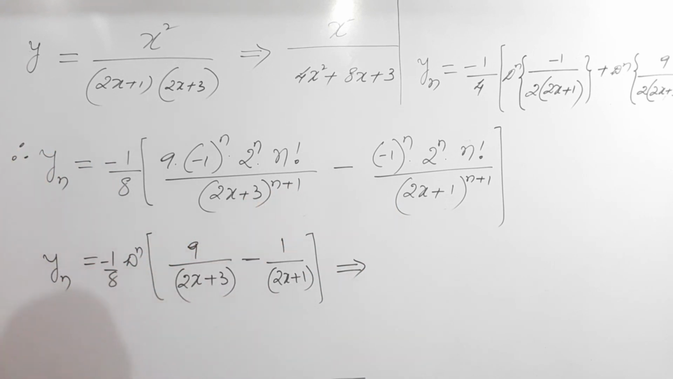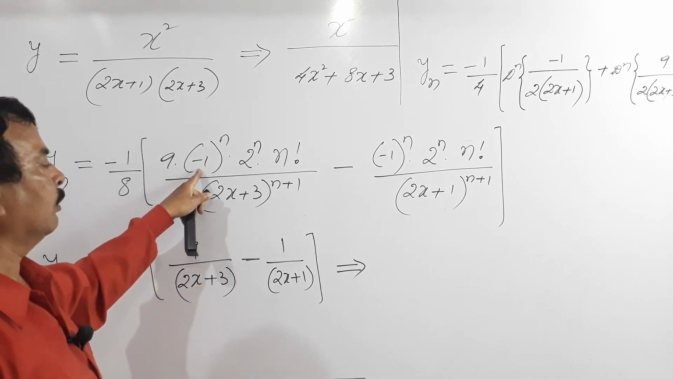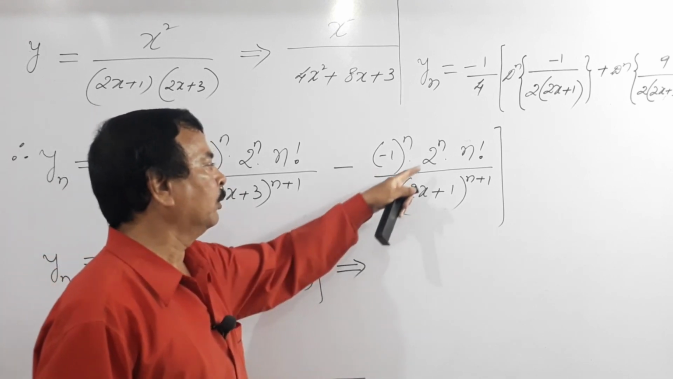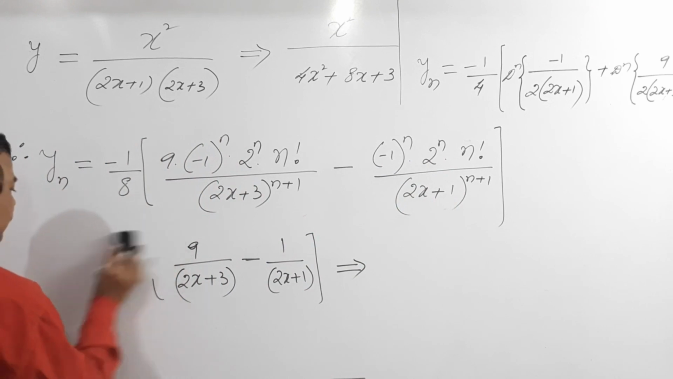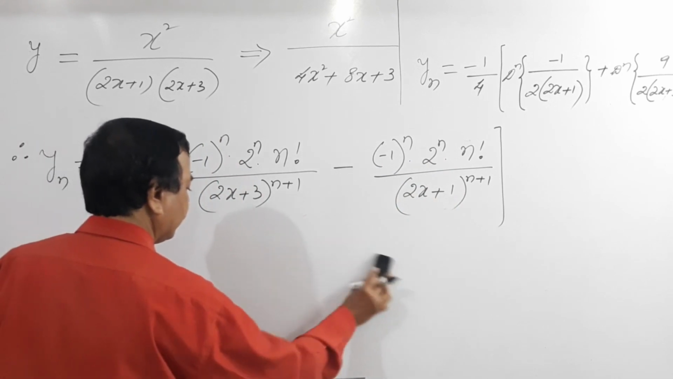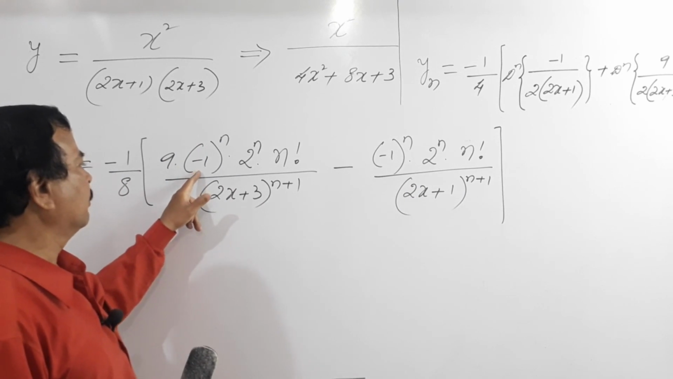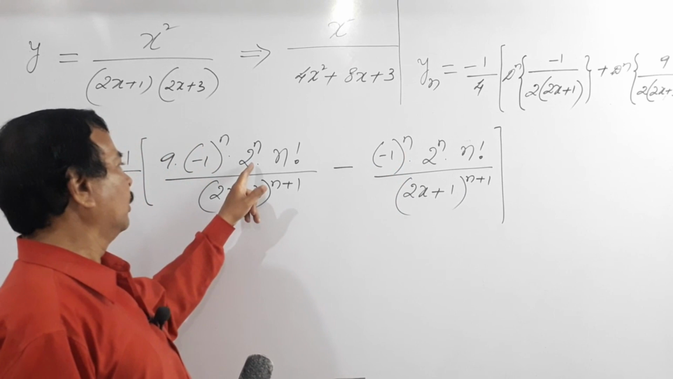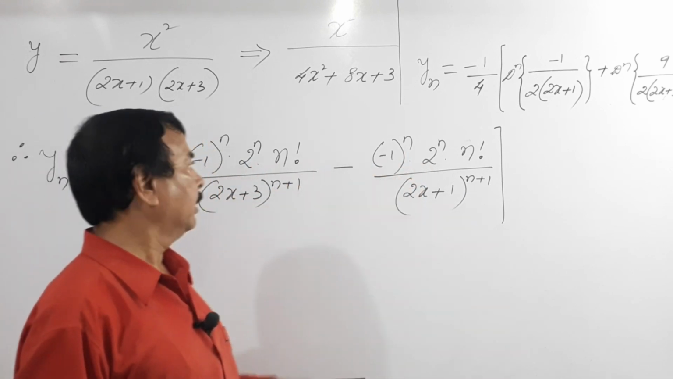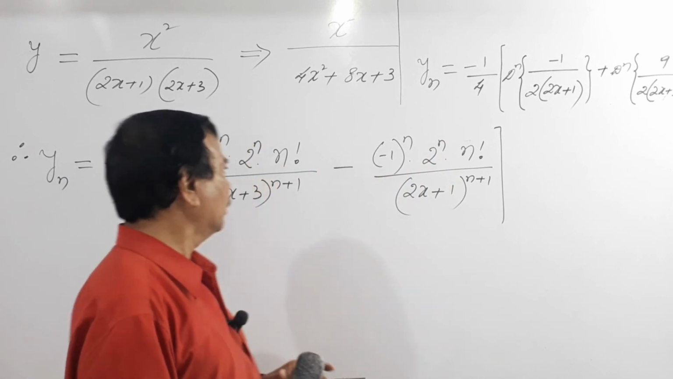Now if you observe keenly, what is common here? We have minus 1 to the power of n that is common, 2 to the power of n is common, n factorial is common. So I rub this. So this can be written what? We have a common minus 1 to the power of n, here also minus 1 to the power of n, 2 to the power of n, 2 to the power of n, n factorial, all these are common. So now you observe here,